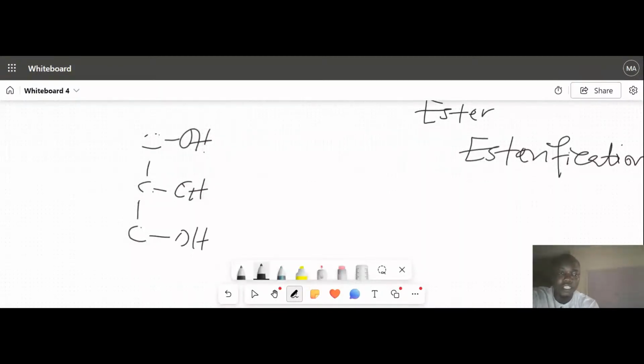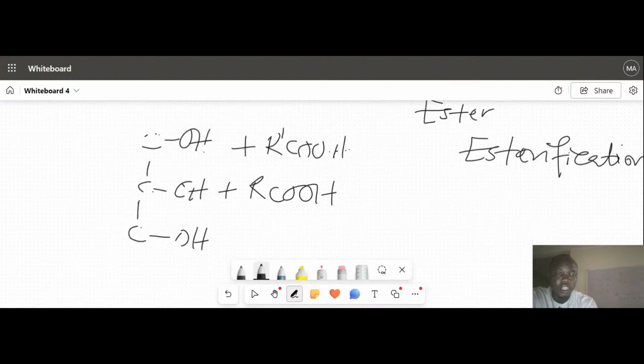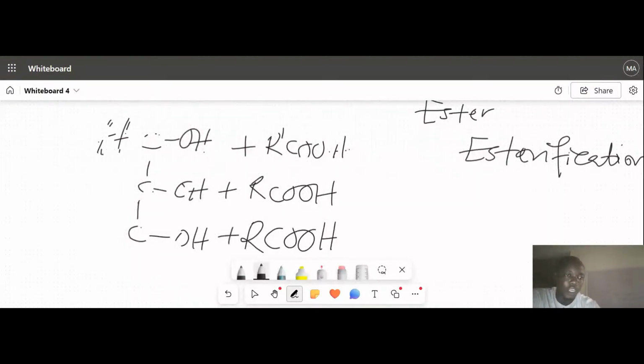So what happened in this case, one fatty acid will react with this, another fatty acid will react with this OH group, plus also another fatty acid will react with this again. So after this, they react together. That is where they are going to form triacylglycerol. Like for example, in this case, you have,